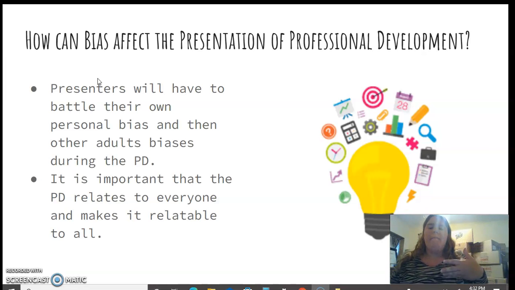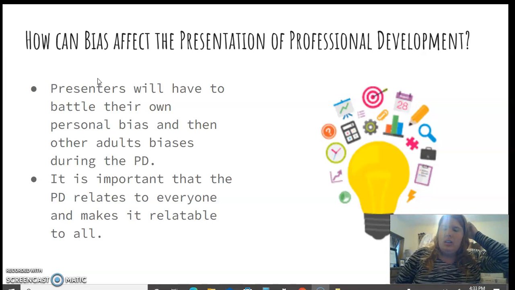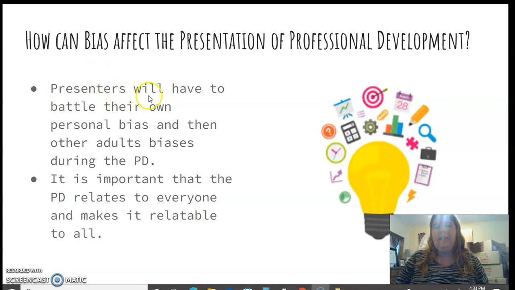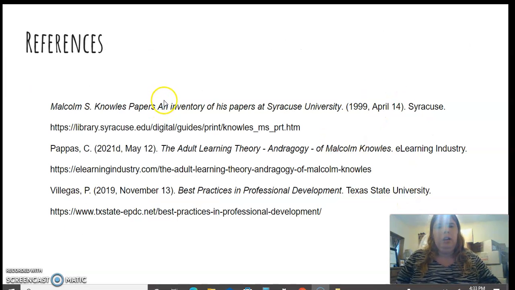For example, one thing I do in my classroom, because that's another place you present and there's an issue of bias, is the beach. Not every child has gone to the beach. You don't want to talk about the beach like everybody has been there. It might confuse some children when you say beach because they haven't been. Just like if you mention something you've done in a classroom as a presenter, other teachers may not have done that or be interested in it. That draws people away because they feel like they can't relate to you.